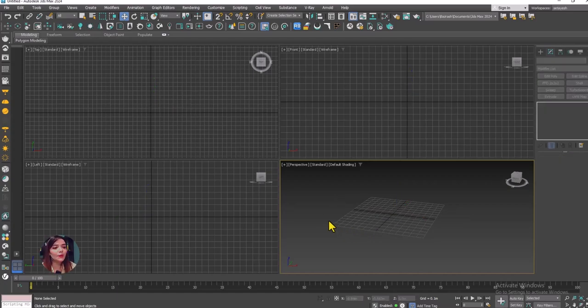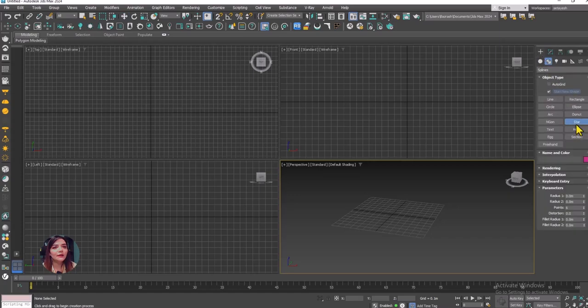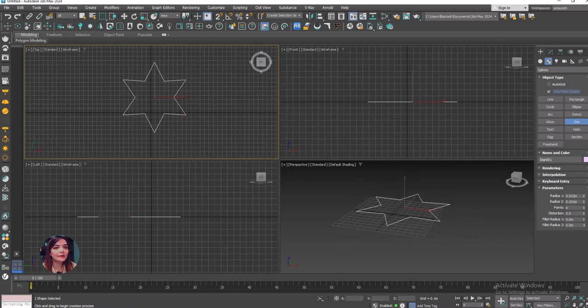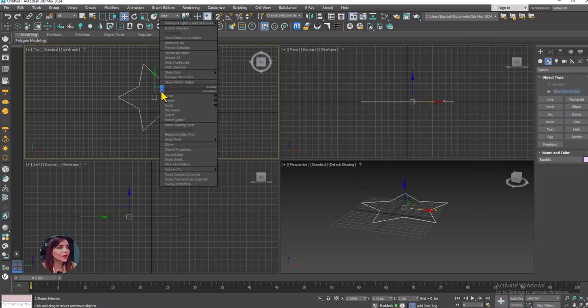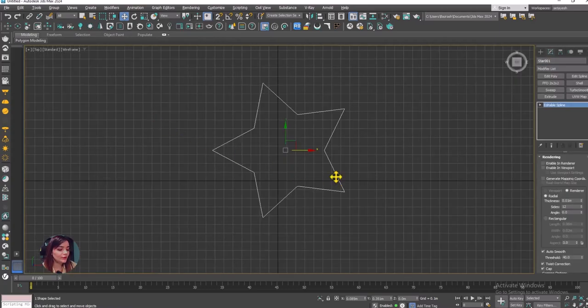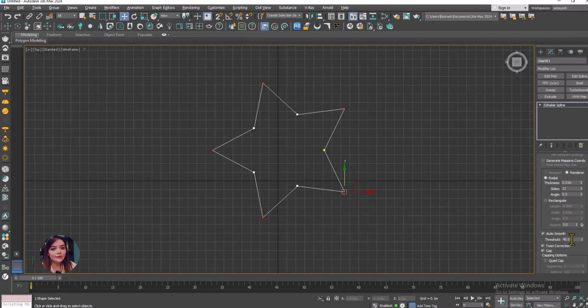Okay, delete this one, and now I want to create one knot. So in Create, I use a Star, and in the parameters, for example, 5 points, and then Convert to Editable Spline, Alt and W, Vertex, select with Control, I can select all, and then